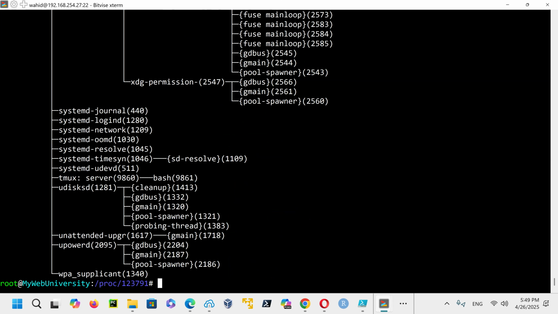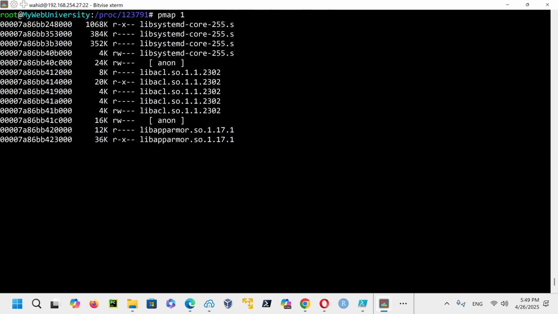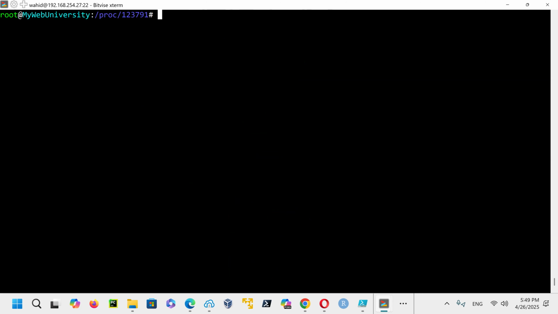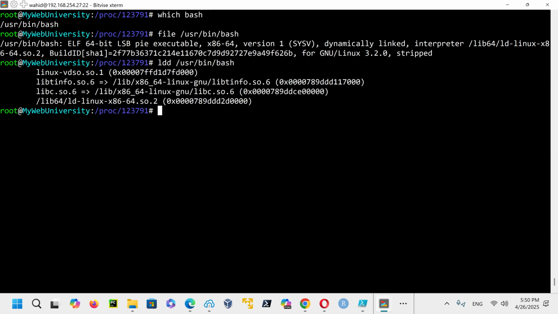The nice thing about this command, like pmap, process map of 1, or say clear screen, ldd, which bash, for example. So file /usr/bin/bash itself, it's an executable. And if I say ldd /usr/bin/bash, you can see all these shared object files that are coming from the libraries, and every time this interpreter runs, it uses these libraries, they open it, right?